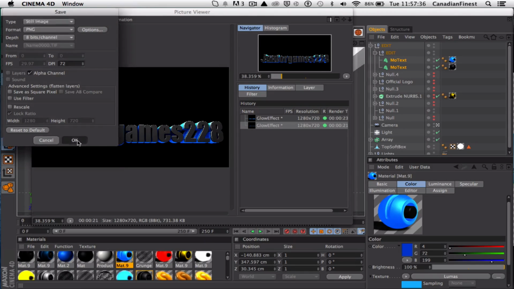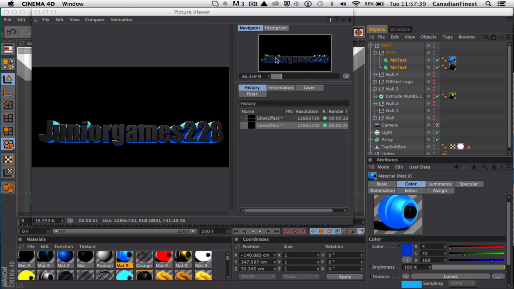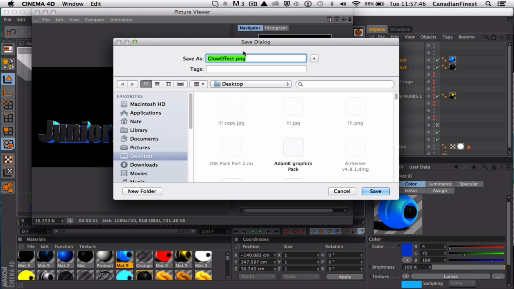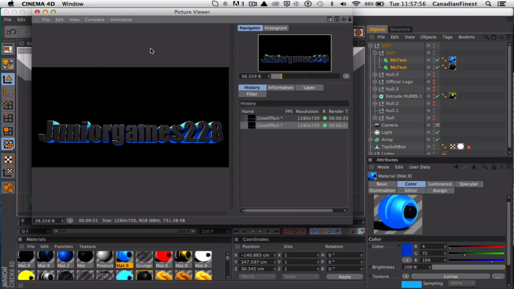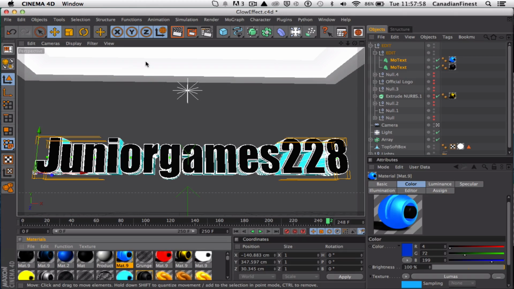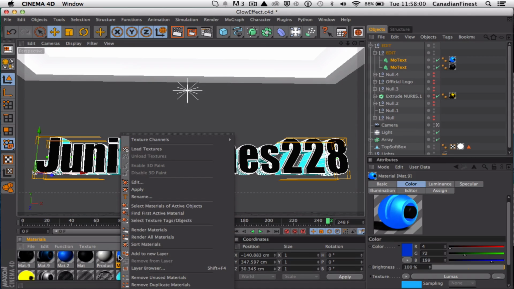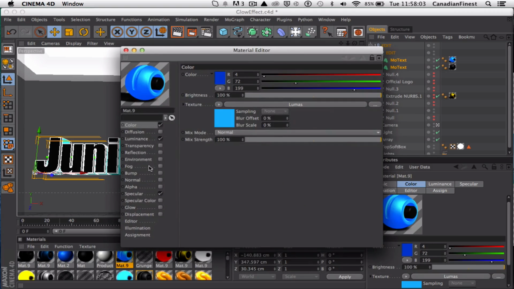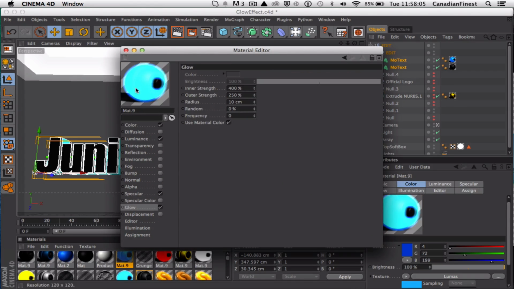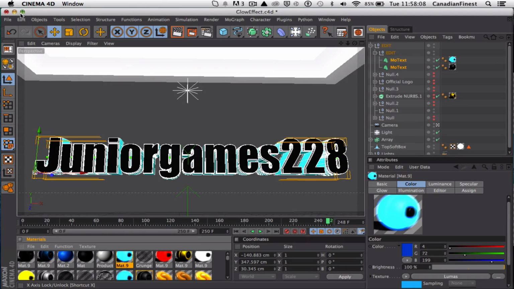I'm just going to save that to my desktop. So sorry, my computer's going, and you could probably hear that because I was leaning really close to it. So I'm just going to move back. And so that's on my desktop. I can just exit that, and I'm going to quickly edit back that glow effect, because I edited this color, and then I can just close. I'm just going to minimize Cinema 4D,